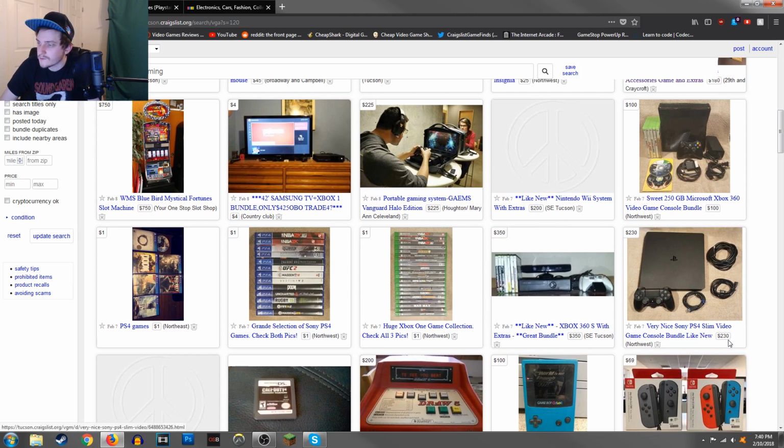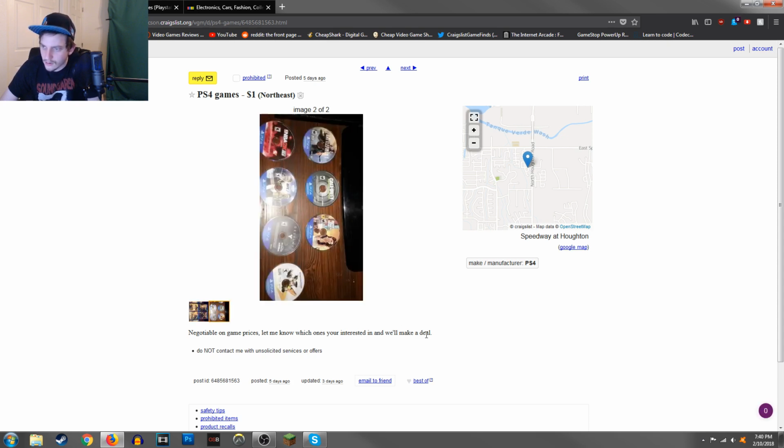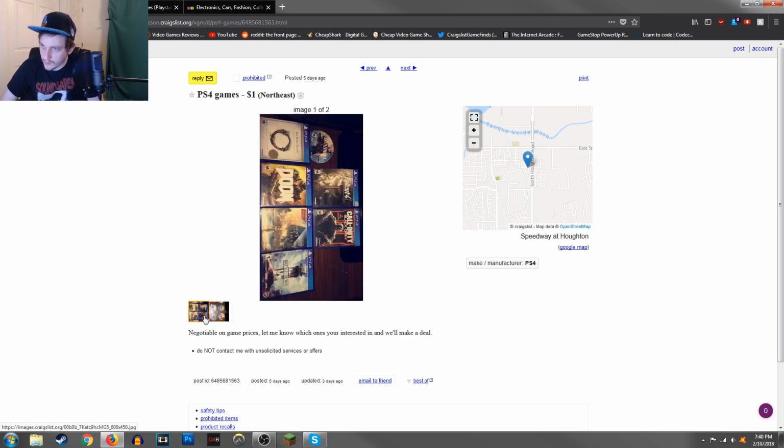PlayStation 4 Slim 230. No. Just no. Let's look at some of these lots. First of all, why would you buy a slot machine? I don't get it. I mean, you just push the button, you're gonna win your own money back. Negotiable on game prices, but does not give the game prices. We'll make a deal, they say. We'll make a deal. That's kind of creepy. I don't know what kind of deal they want to make, but I don't want to make it with them. And they're located...